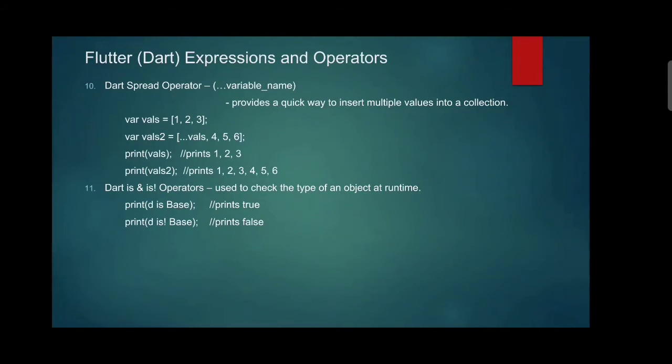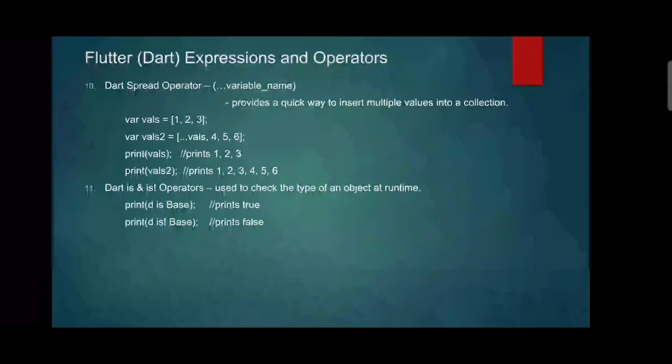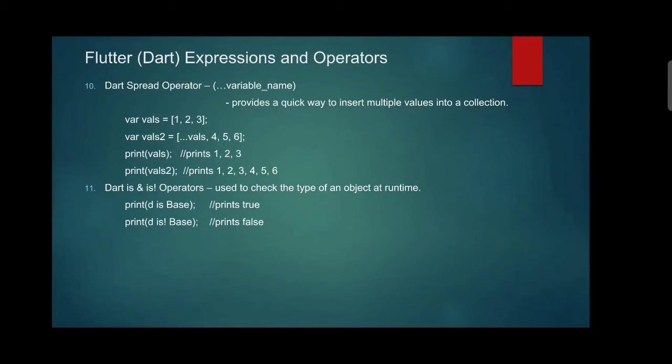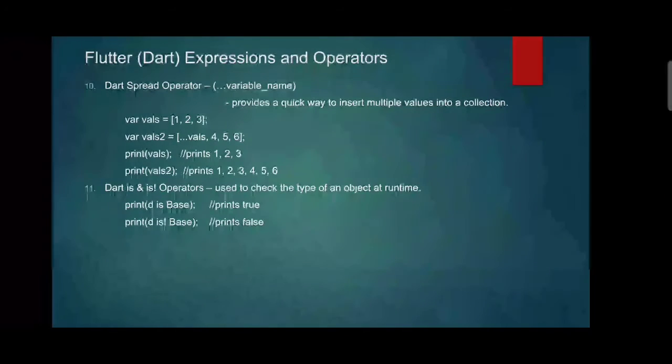The is and is not operators are used to check the type of an object at runtime. So we print d is Base, which prints true, and print d is not Base, which prints false. So the output of these codes will be true or false only. Next one, we have the